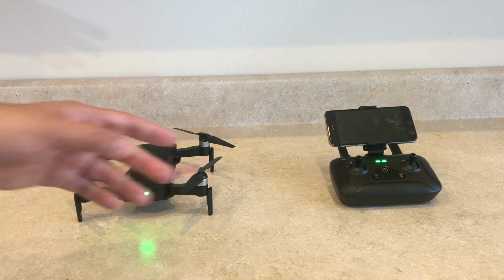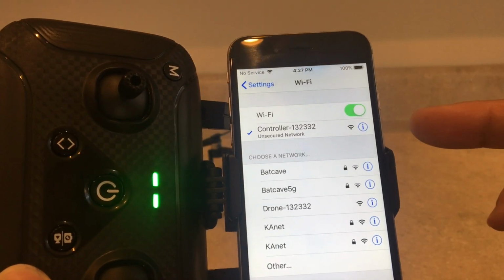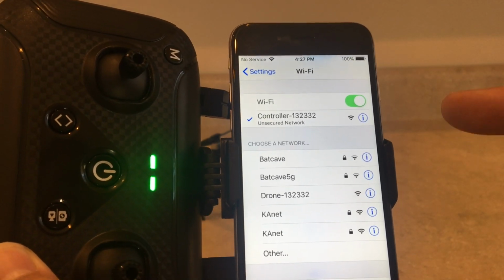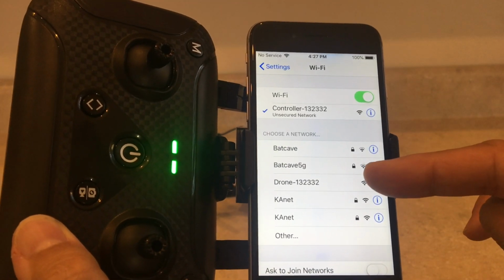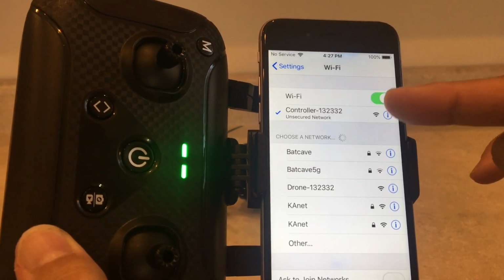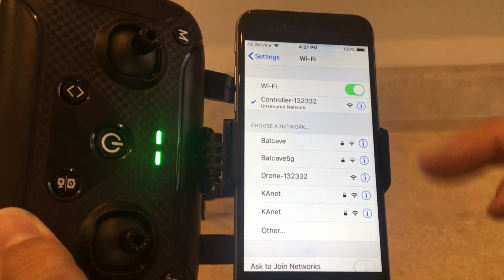And let's connect to the drone's Wi-Fi to use the app and perform GPS compass calibrations, etc. So once in your mobile device's Wi-Fi settings, you'll find two entries, one that says drone and another that says controller. And both will connect to the drone, but the optimal one is the one that says controller dash and the serial number, since it does have the built-in Wi-Fi repeater and will provide long-range FPV. So once you connect to that, and it has no Wi-Fi password or anything like that,